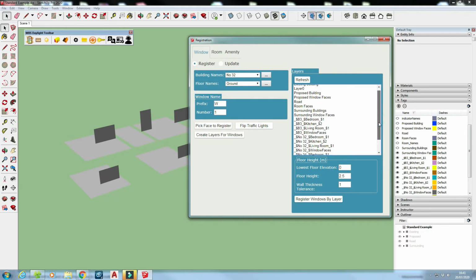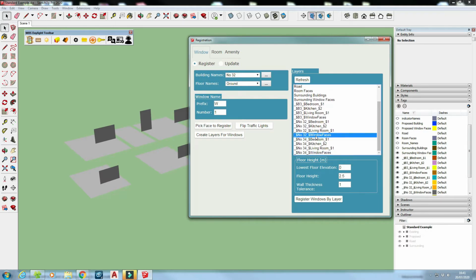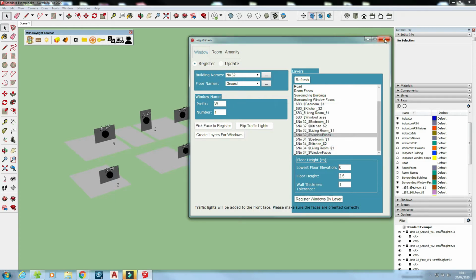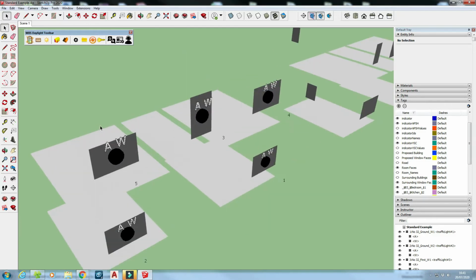So let's select number 32 window faces, and then we can just go register window by layer, and that's it. So we've got 5 windows registered. The first thing to note, as we close these dialogues down,